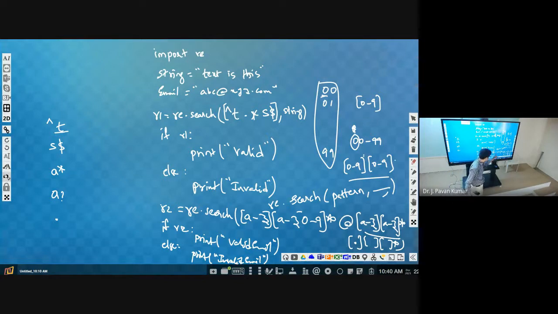A to Z and 0 to 9. You can write it, comma not required, directly you can use it. Like I told you this one, right? A, B, C. Here we are not separating. Similarly, A to Z means A, B, C, D up to Z. 0 to 9 means 0, 1, 2, 3, like this. So we can specify the list of allowed characters. 0 to 9 need not be separated.